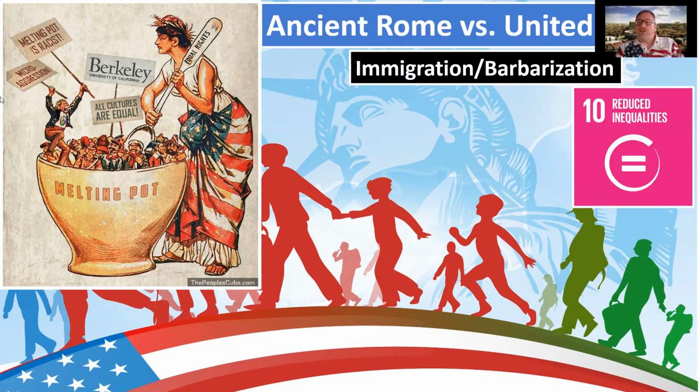So we had immigration and barbarization taking place in ancient Rome, the same way that we have this immigration issue that shows up today. Now, this is not anti-immigrant or pro-immigrant, just saying that every country has a carrying capacity on how many immigrants they can let in at any given point and still have a functional middle class economy. This is one of the things ancient Rome had to deal with.